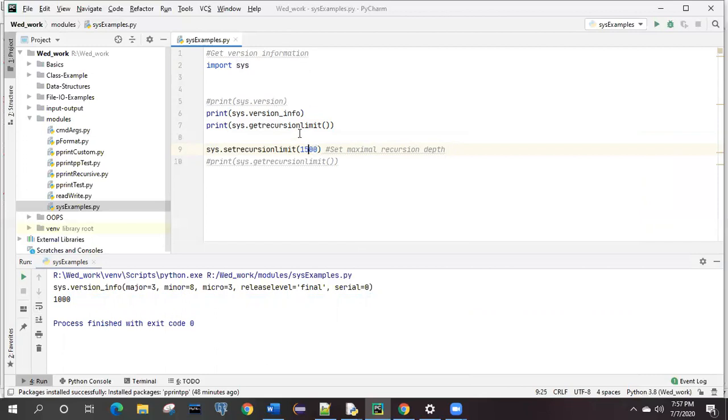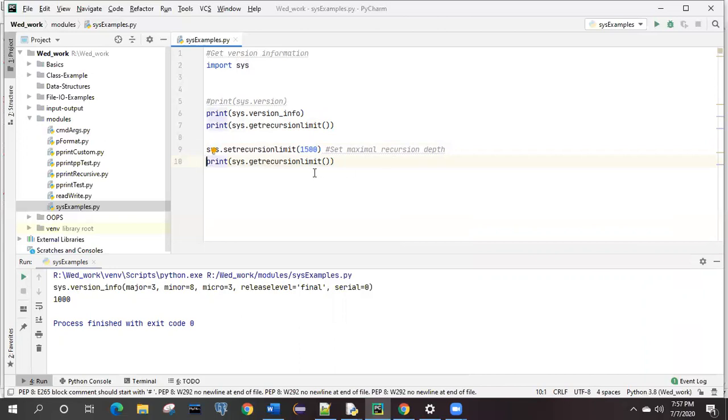By default it was 1000. Now you are setting it to 1500, which means any method can now be recursively called 1500 times instead of 1000. You need to check whether the value you set in line numbers 8 and 9 is updated or not.